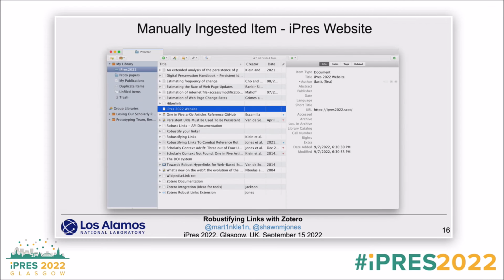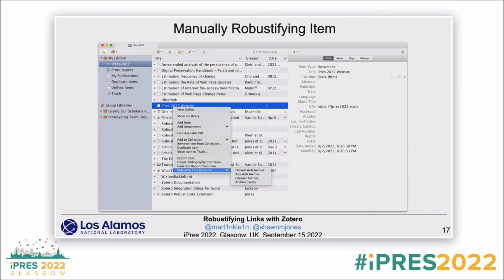So let's look at an example. I took a number of screenshots here to show you how the Robust Links extension in Zotero works. This is my Zotero library, and I manually created an entry for iPres 22. And as you can see on the right-hand side, it has the canonical URL of the conference in its metadata record. So I right-click on this entry, and I will be presented with a menu